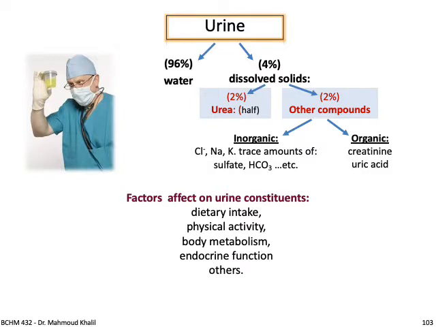If you look at urine, it's 96% water and 4% dissolved salts. Half of that is urea and half is other compounds. The other compounds are either inorganic or organic, like creatinine and uric acid, and inorganic, some trace metals and trace amounts of sulfate and bicarbonate. The factors that affect urine constituents are dietary intake, physical activity, body metabolism, endocrine function,